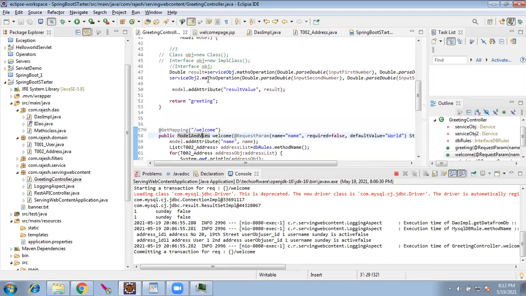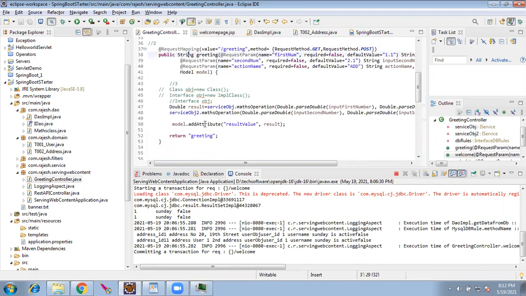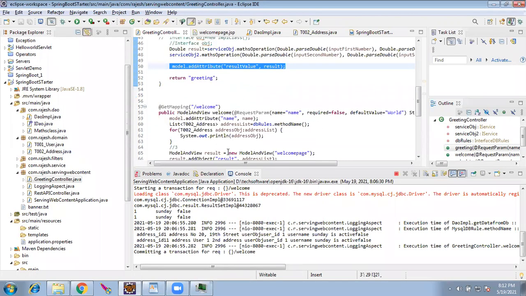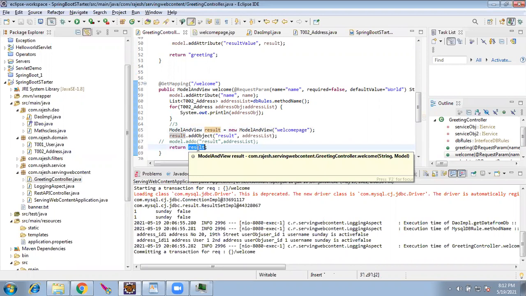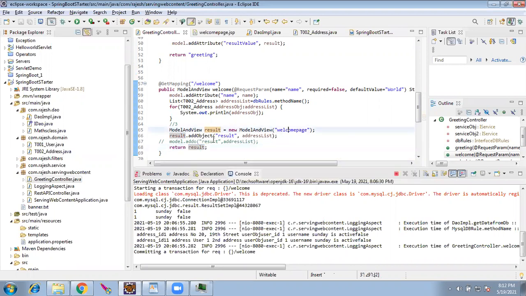So earlier we used to have only the view, which is a string, which is a JSP. The model I used to add as addAttribute. Now without using this, I'm going to show one more way. I'll initialize a ModelAndView and give the page name here. Instead of returning the page name as a welcome page, I'll give the page name here and create an object of this class ModelAndView.